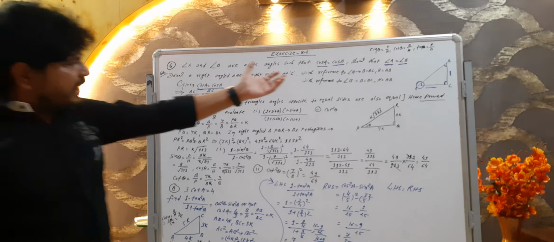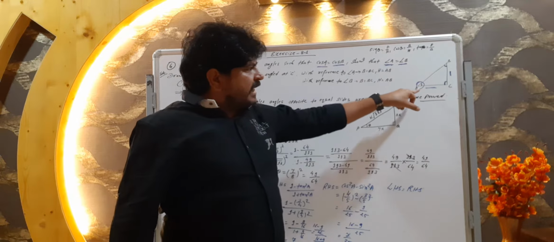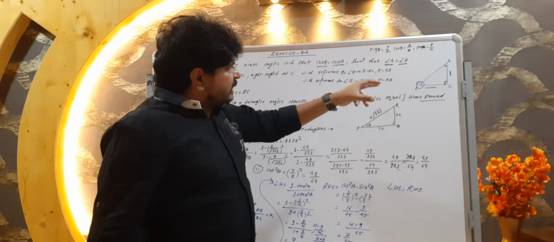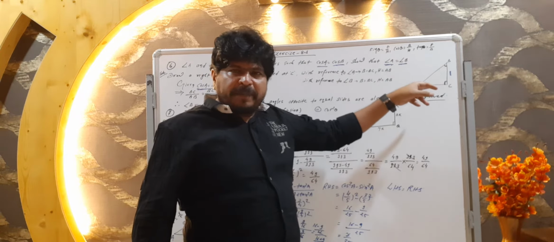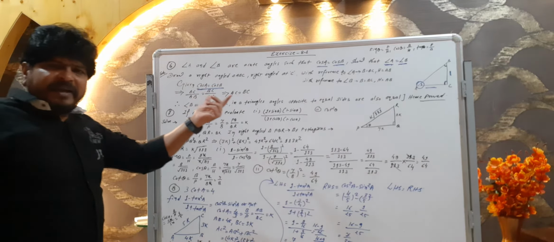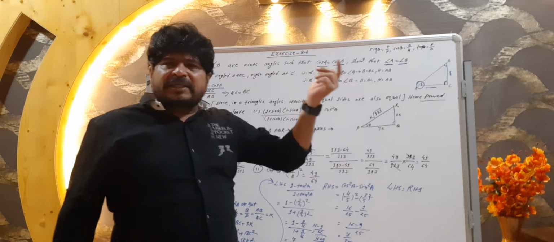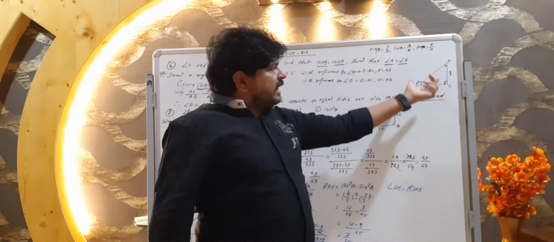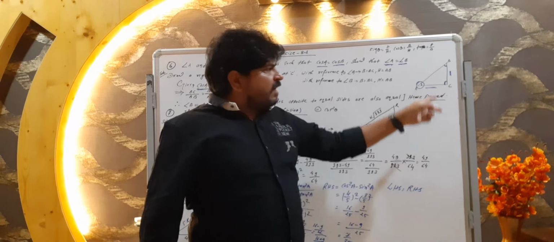First of all, we will draw a right angle triangle ABC. It is right angled at point C, with acute angles at point A and point B. With reference to angle A and angle B, we will find the hypotenuse, perpendicular, and base. Now the given condition is cos A is equal to cos B. We know very well that cos theta is equal to base upon hypotenuse. Is that clear? So now we have to find what the base and hypotenuse are, with reference to angle A and angle B.